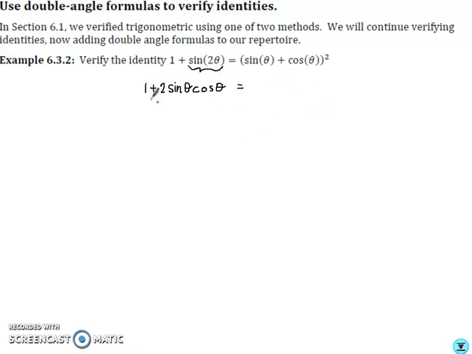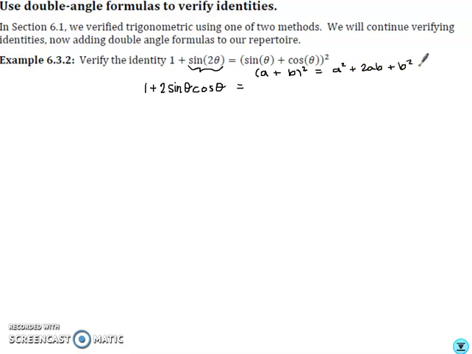Now on the right hand side, I will also go ahead and multiply this right hand side out, because on the left I'm not sure how to manipulate this to get it to look like that right hand side. So what I'm going to do is just multiply out this right hand side using properties of binomials. So if you'd like, you can rewrite this as A, that would represent my sine of theta, plus B, which would represent my cosine of theta, all squared, which would then multiply out to give us a squared plus 2ab